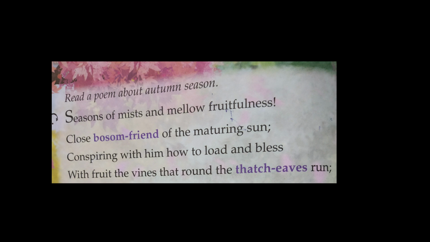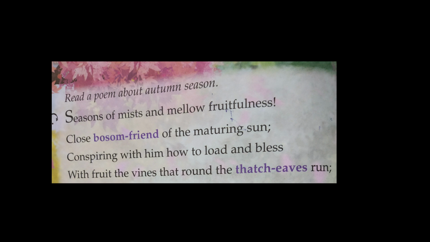that has been done. And so now the weather is becoming misty because you can see a mellow fruitfulness around the world. That means the fruits are already grown up or matured, ready to be eaten. And autumn is a close bosom friend of the maturing sun, as the sun is coming to the yearly cycle in which it will be away from the earth, and then winter will creep in and days will become very cold and shorter than the summer season, and therefore it is said autumn is a very close friend of the